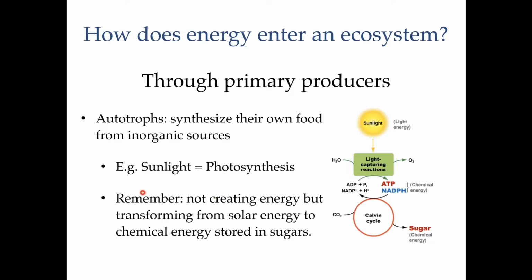But no matter what process we are using for this energy to enter the system, the main one being photosynthesis, we need to remember that energy is not being created. We can only transform the energy from one source to another. So in the case of photosynthesis, we are transforming the energy stored in solar light into chemical energy in the form of sugars. And that is how, mainly, the process of photosynthesis occurs. Once this